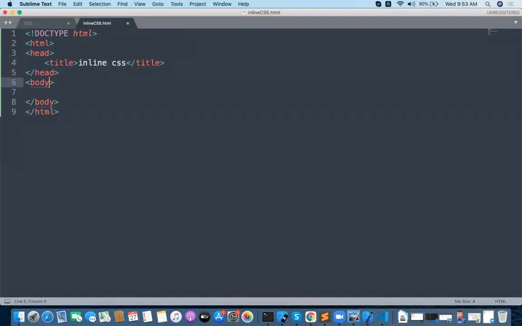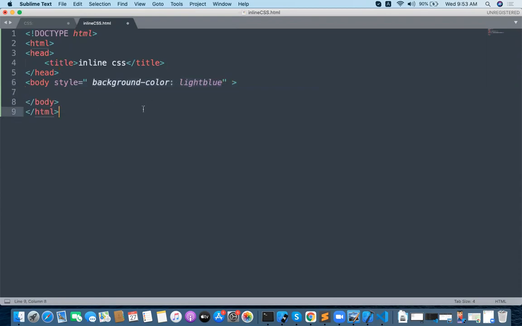For example, I am writing CSS for the body. Body style, background color of the body, something like a light blue. So this is an inline CSS. For the body, I am applying some style. That particular style will be a style attribute. We are writing an attribute here called a style attribute, and the value is nothing but a background color, something like a light blue. Okay, fine.